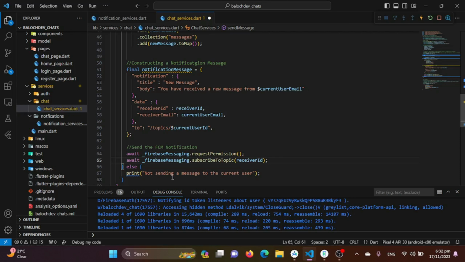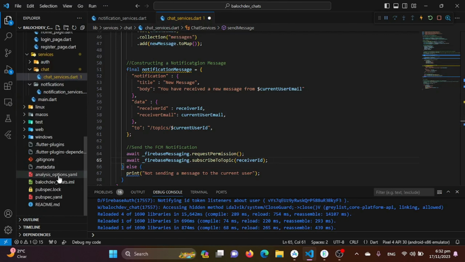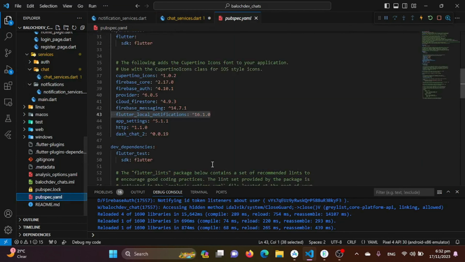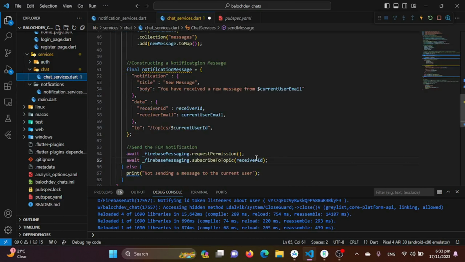So now we just need to also install a package to send this notification to the server, basically the FCM server. For that we just need to install the HTTP package, so we should be able to use the methods of HTTP. I have just installed this. You just need to install this in your pubspec.yaml file. So yeah, now we will be sending our